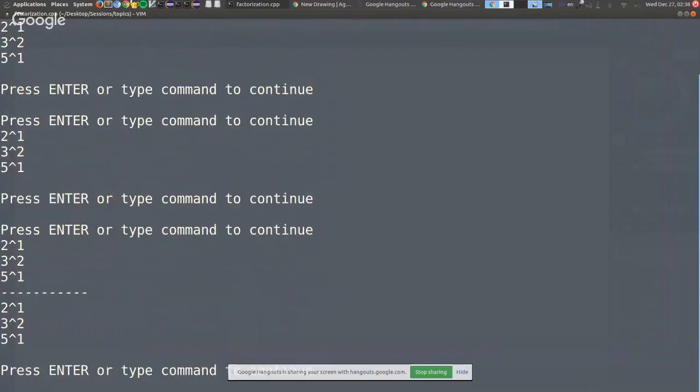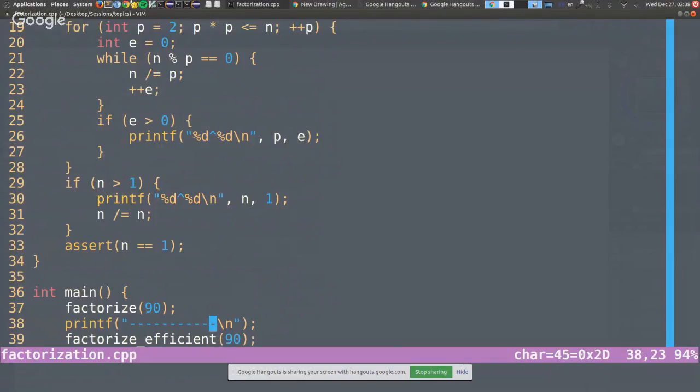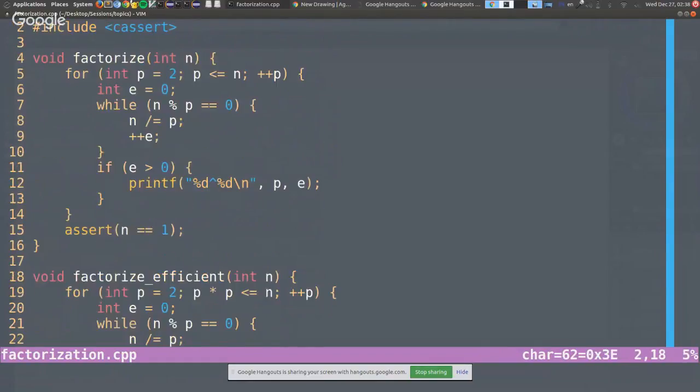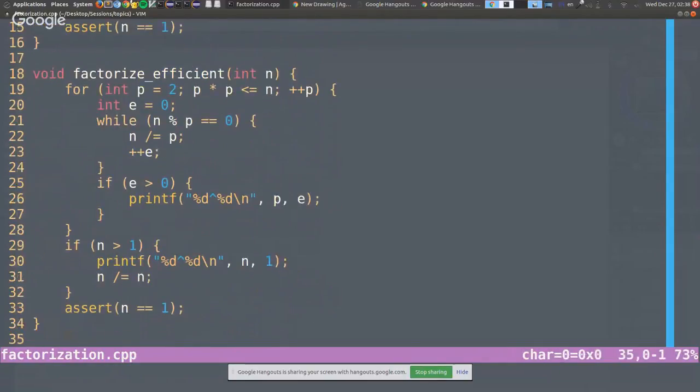So it gets exactly the same result. And here, since we have this assertion, we guarantee that the number is factorized because we took all of its factors out. If you notice, here we always find the prime divisors,